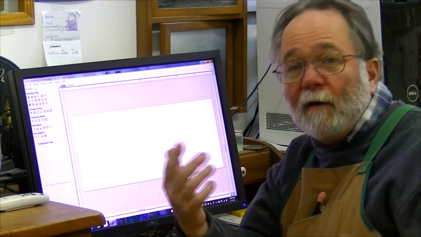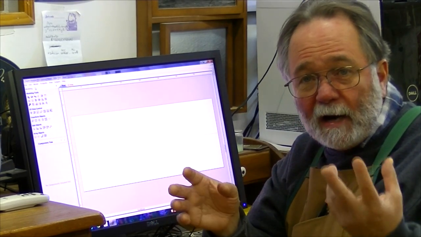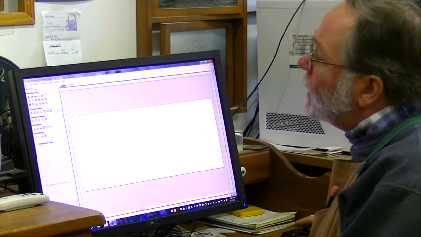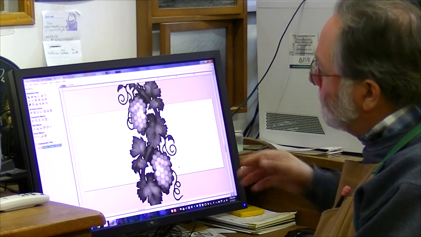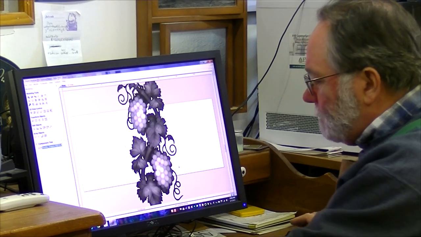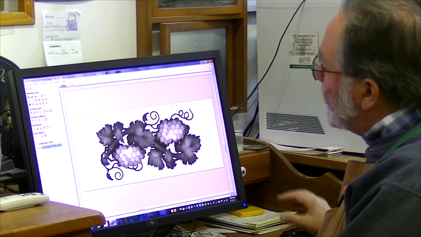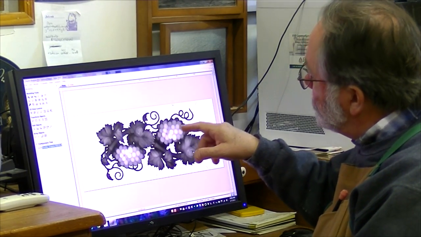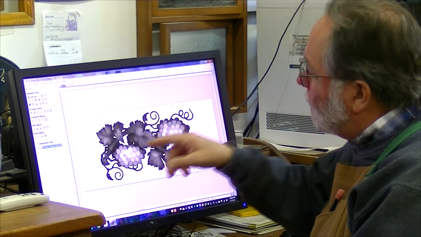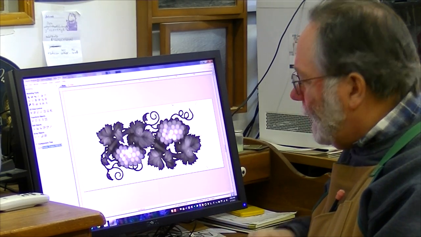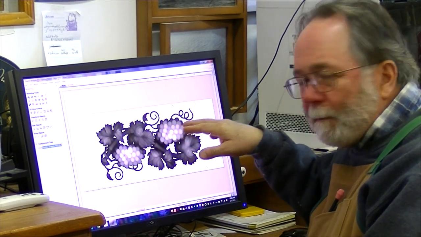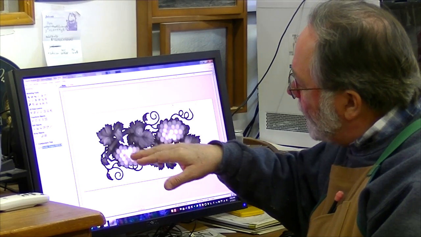And so I thought, hey, let's use some grapes, a grapevine. And so I went ahead and imported a grape model, and then I rotated the grape model, and then I looked at it and said, this is a little odd because the grapes now are horizontal, and that's not really the way grapes would grow. I thought I could probably get away with this top grape leaving it horizontal, but this bottom one I really